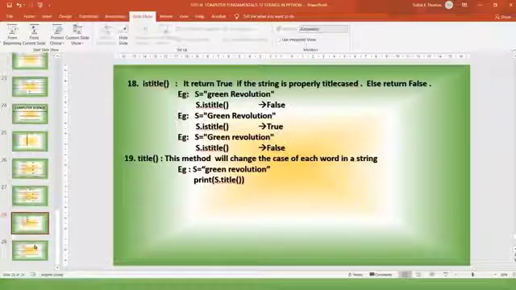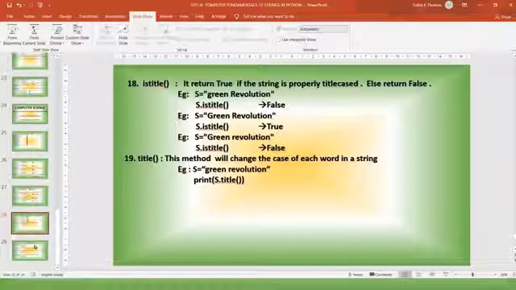Title case means each word must begin with a capital letter. If all the words in the string are beginning with a capital letter, then you can say it is title cased. Otherwise, you can say it is not title cased. So, is title will return a true value if all the words of the given string are beginning with a capital letter.